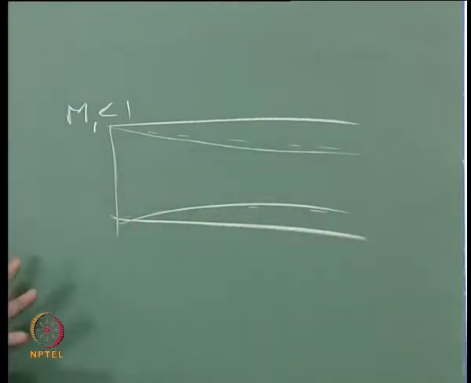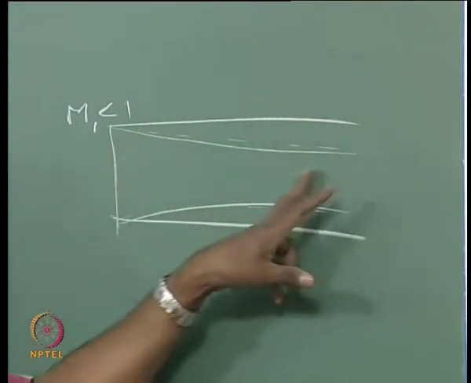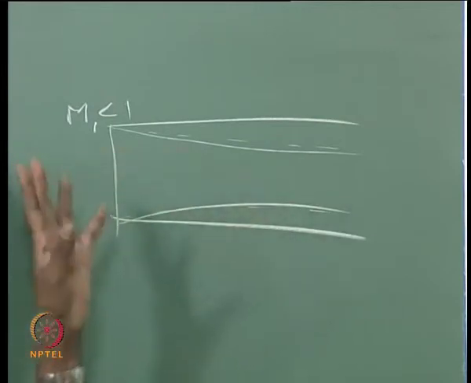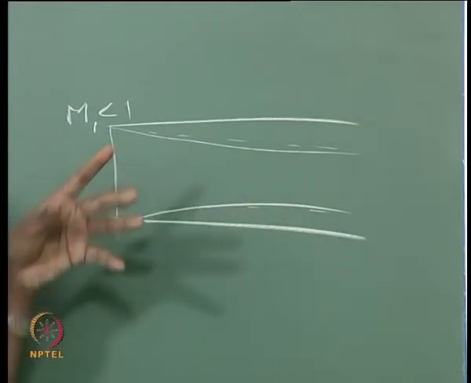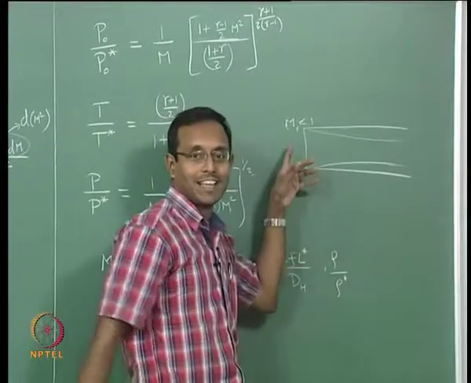It is equivalent to having a wall that is crushing inward. It is giving less and less space available for the flow. It is equivalent to that. Of course, there is fluid moving inside the boundary layer also. I am just giving you a rough estimate. It is equivalent to something like this. So, I can now think about it like an area change problem.